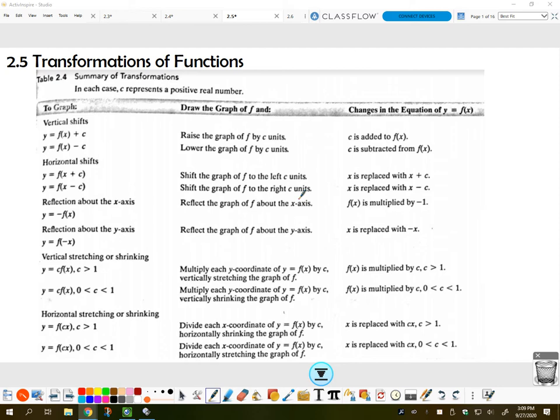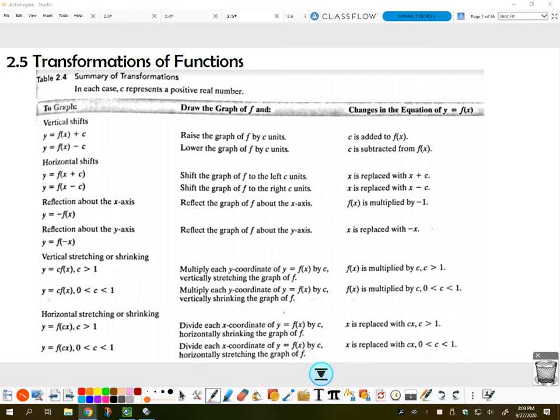So remember that if we're adding or subtracting to the back of a function, it's a vertical shift. Positive is up, negative is down. If we're adding or subtracting inside the function, it's a horizontal shift, but it's opposite. So plus is to the left and minus is to the right. Multiplying by a negative on the outside reflects you over the x-axis because it changes the sign of your y. If it's a negative on the inside, it changes the sign of your x, so it will reflect over the